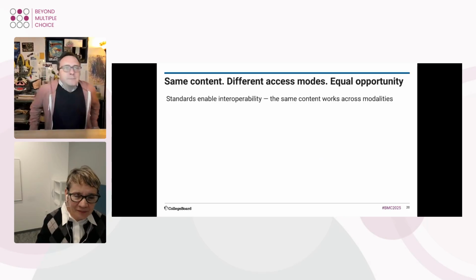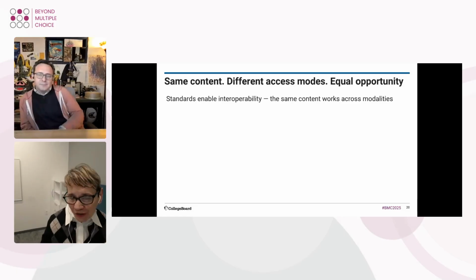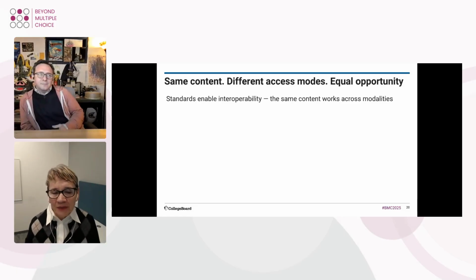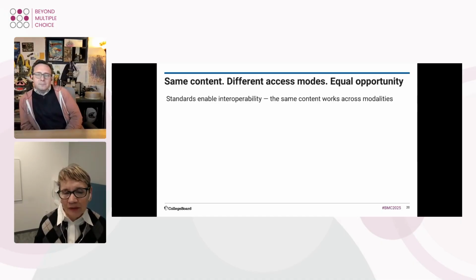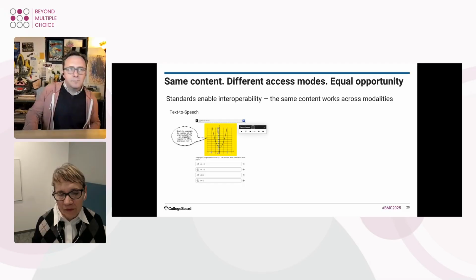Thank you, Greg. As Greg just showed you, he basically showed you under the hood how things are done. But now let's look at how standards enable interoperability and the same content working across different modalities. So equal opportunity can be represented with the text-to-speech accommodation, which provides all of the visible text on the